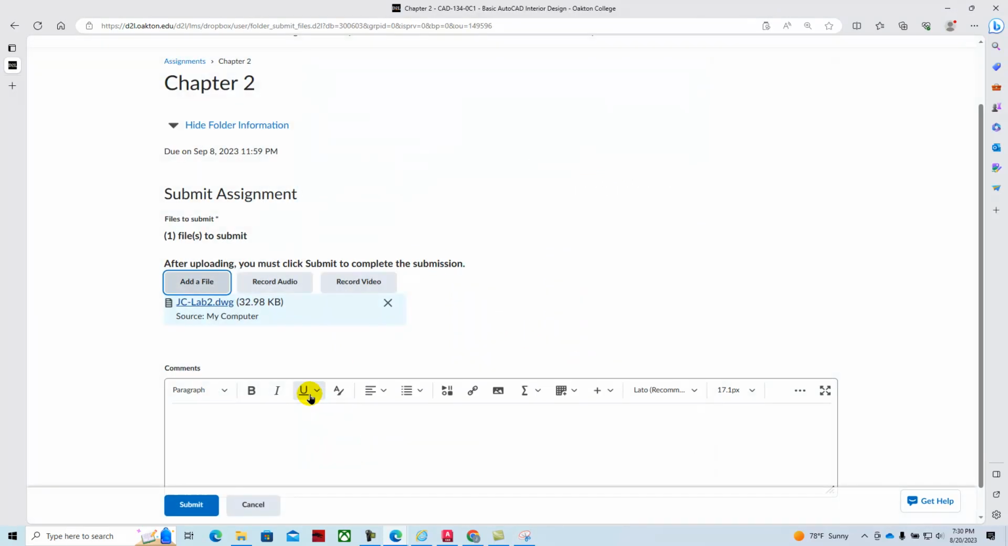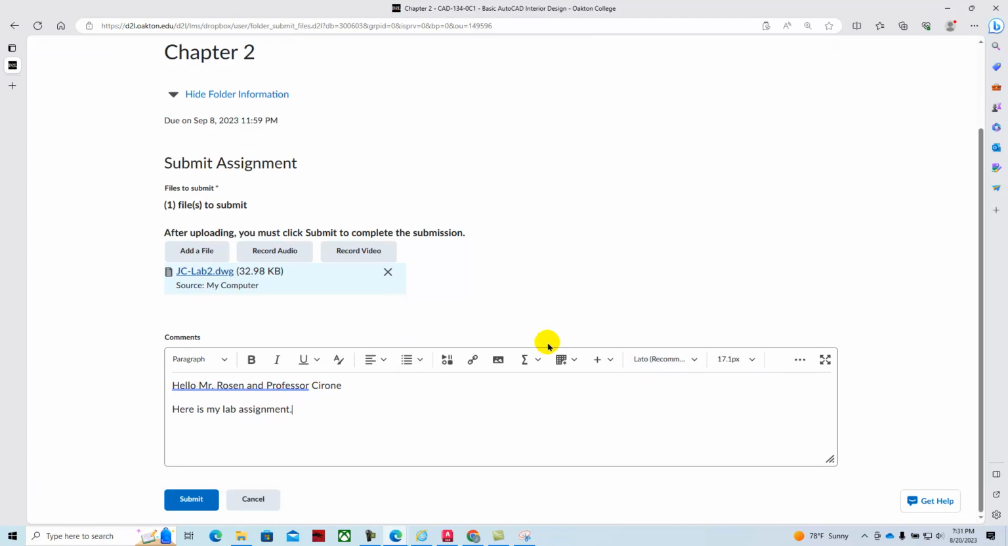Add it. And then if you'd like, you can add a message. You could start a dialogue and ask questions if you have any. But you can see I've added the file, and then I just put a little note there. You can always ask for an extension, or you can say I had trouble with this or I had trouble with that, and we can open up a dialogue within the D2L. We'll submit that,